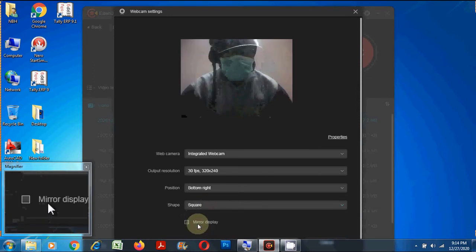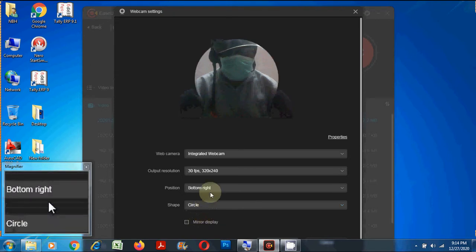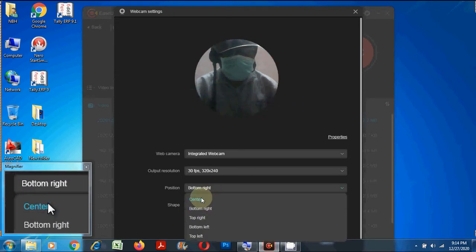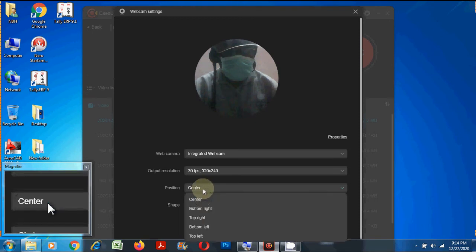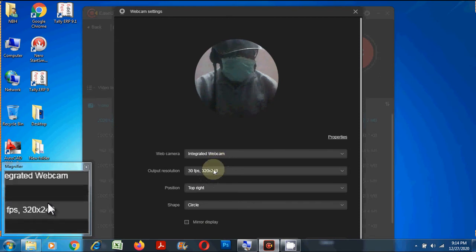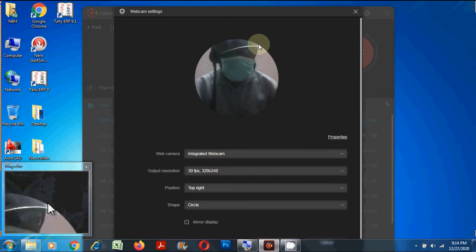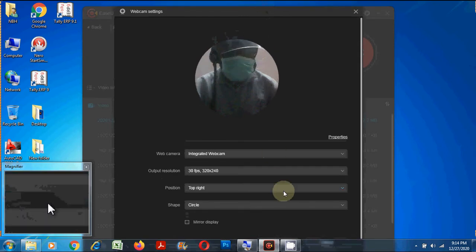You can choose whether to display your avatar inside a square or in a circle. You can choose the position of your avatar, like whether to be displayed to the top right or bottom right, etc. And you can also choose the output resolution. And finally you can click on the OK button.